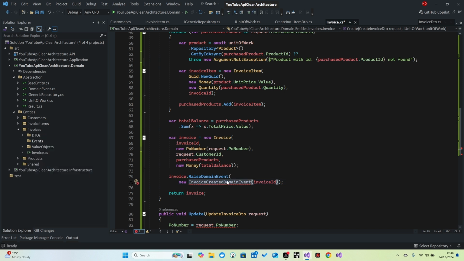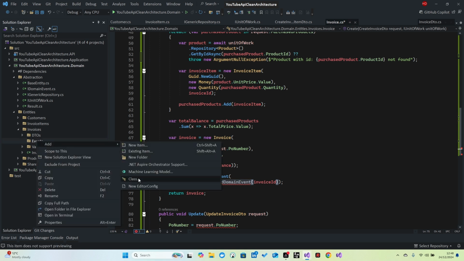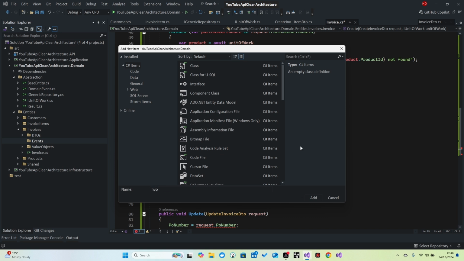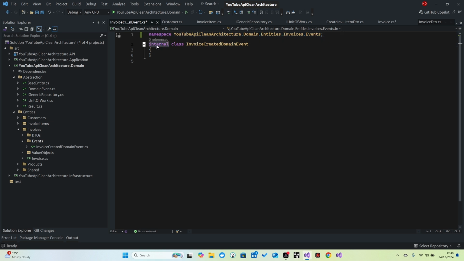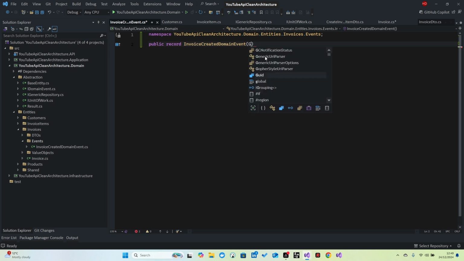Let's copy the name first. Add new class, invoice created domain event. Let's make it public and a record. Let's give a GUID